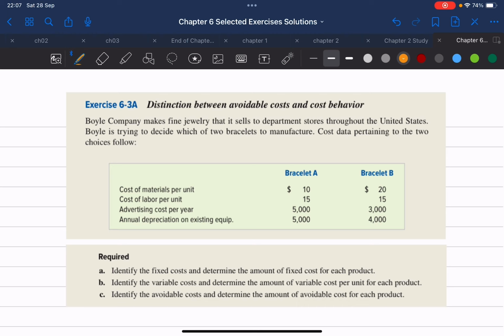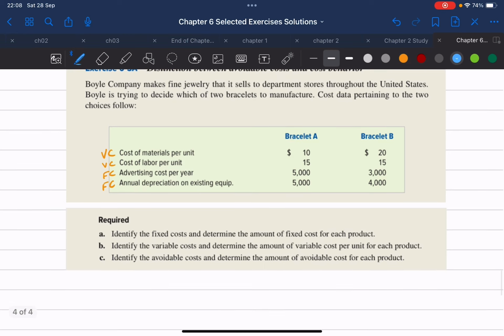Okay, so cost of materials per unit, first of all, it is a variable cost, so I'm going to denote it as VC. Cost of labor per unit, this is also a variable cost. Advertising cost per year, this one is a fixed cost, so we'll denote it by FC. And finally, annual depreciation on existing equipment is also a fixed cost. Okay, so to answer the first requirement, A,